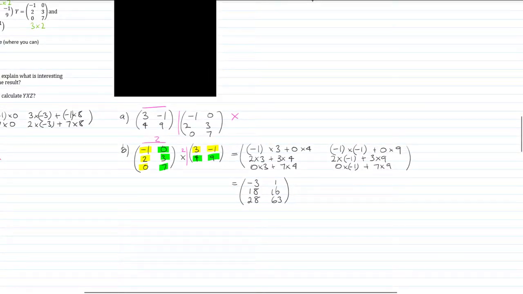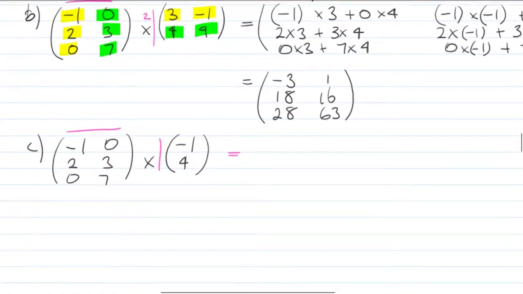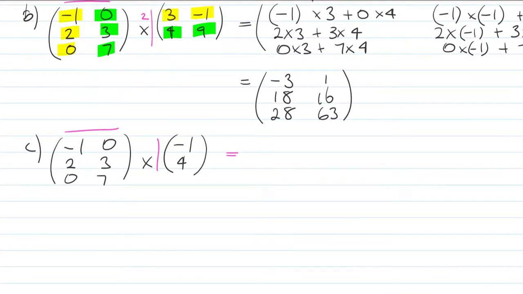Okay, so I'll zoom back out now. The last one is C. C is YZ, and YZ is -1, 0, 2, 3, and then 0, 7, times Z, which is -1, 4. And in this case, we check our dimensions. It's 2 and 2, so this will work, which is really good news. Still in pink there, so I'm going to zoom in